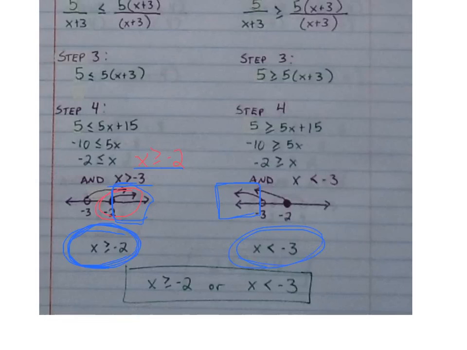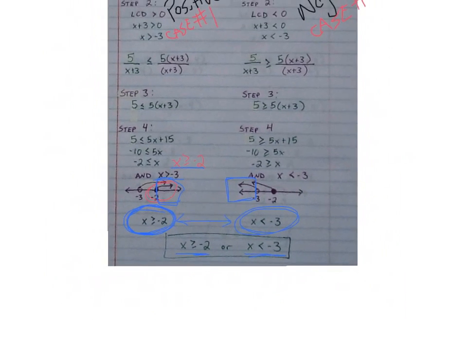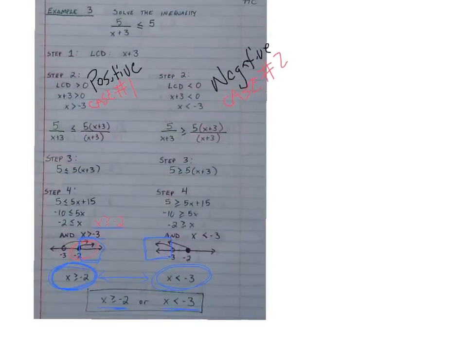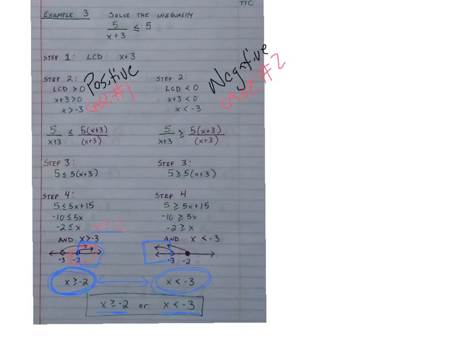So our final answer is these two answers combined. So what we have is the time when x is greater than negative 2 or the time when x is less than negative 3. If we wanted to think of this graphically, and that's why we learned graphing first, we could